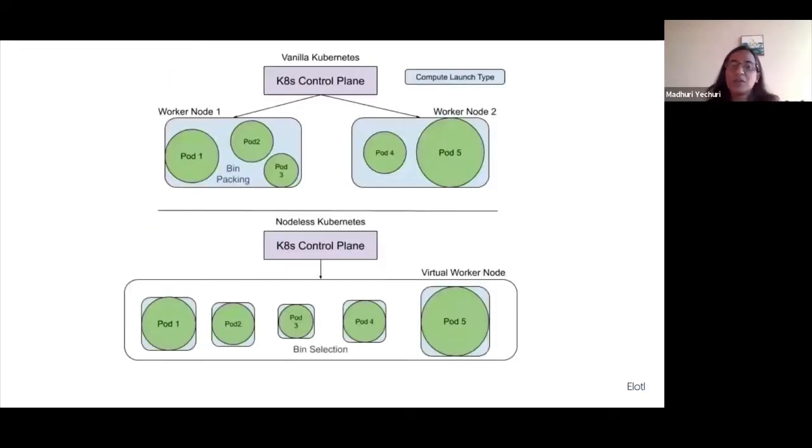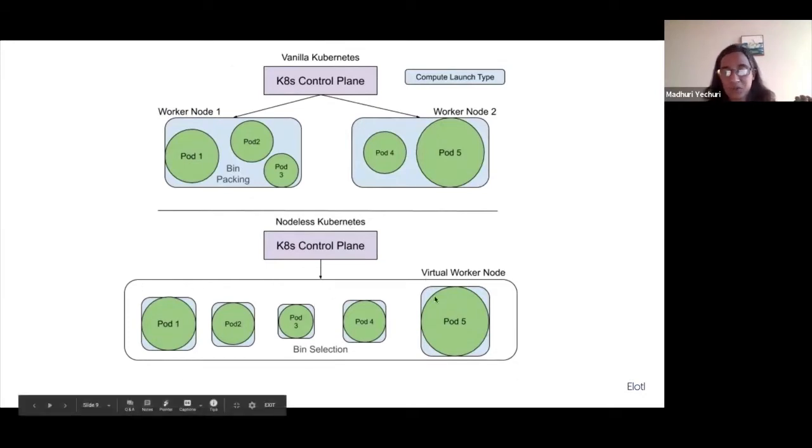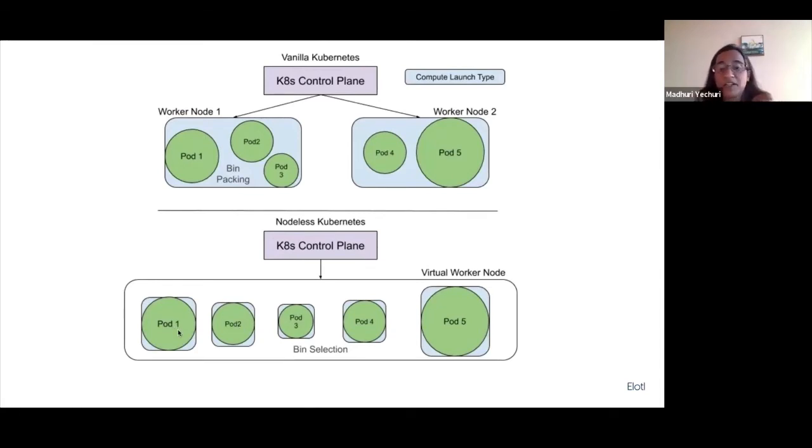So when we look at how this differs from vanilla Kubernetes, in normal Kubernetes clusters you have these large static worker nodes that are large bins, and you're stuffing pods of different sizes into them. So we are packing the bins with pods of different sizes, whereas in nodeless Kubernetes, virtual kubelet advertises itself as a very large virtual worker node, and we have just-in-time bins or compute nodes for your pods that come up and disappear according to the pod lifecycle.